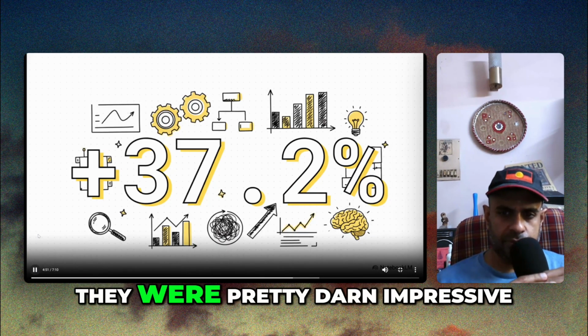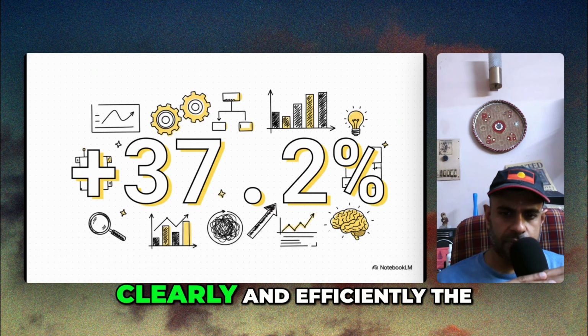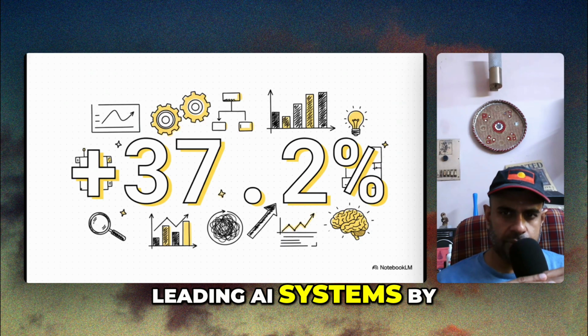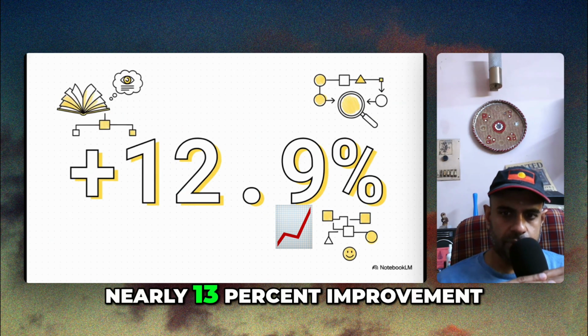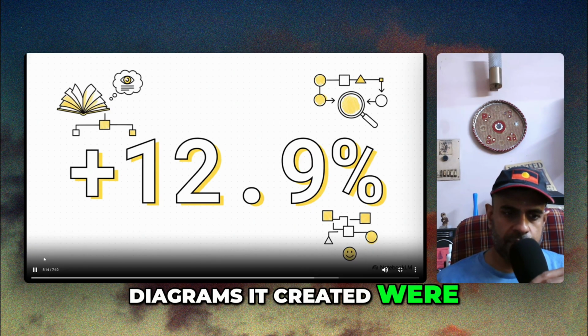And the results, they were pretty darn impressive. In one of the key areas, conciseness, which is basically how clearly and efficiently the diagram gets its point across, PaperBanana outperformed other leading AI systems by a massive 37.2%. It also showed a nearly 13% improvement in readability. That just means the text, the labels, and the overall flow of the diagrams it created were significantly easier for